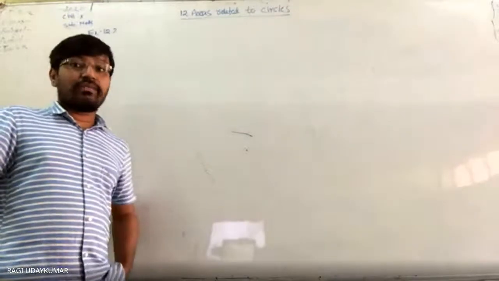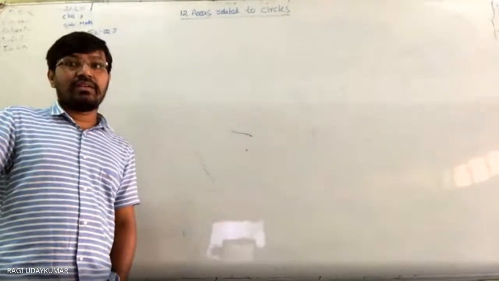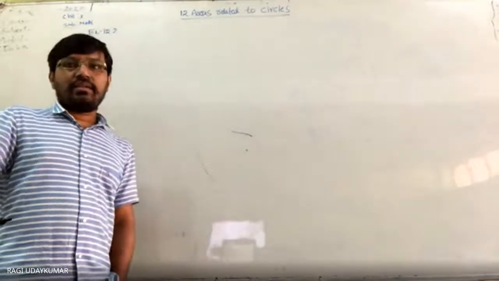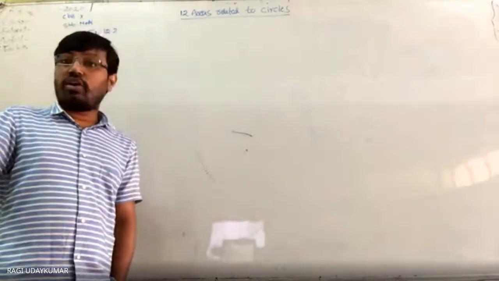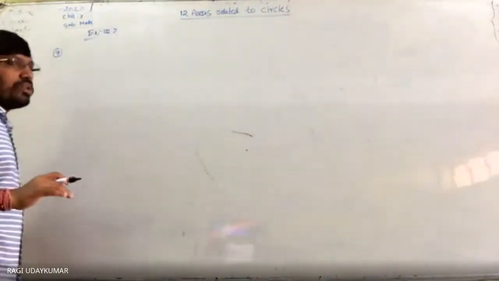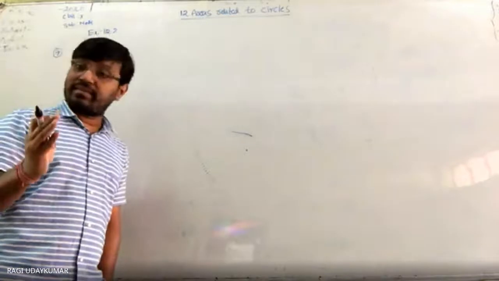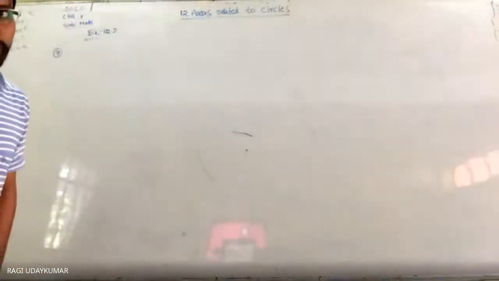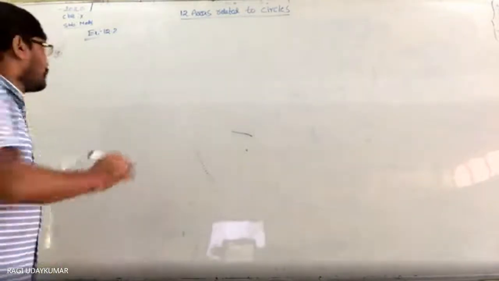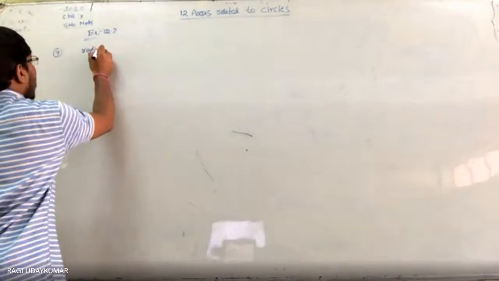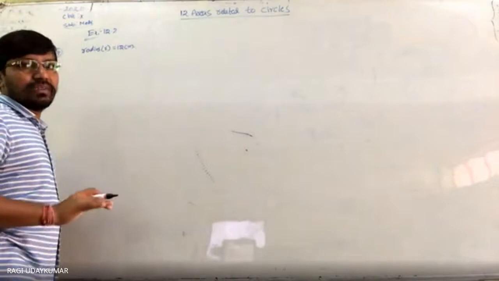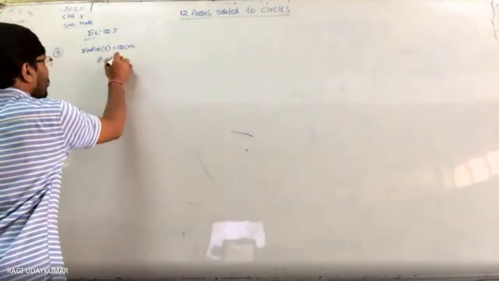So whenever 120 degrees is given, how do we find the area of the triangle? In this case, the question is given to you: the chord of the circle of radius 12 centimeters. Mostly the questions given to you are 60 degrees, 90 degrees, and 120 degrees at the center. Isn't it? The radius of the circle is r equals 12 centimeters, and the chord makes an angle of 120 degrees.